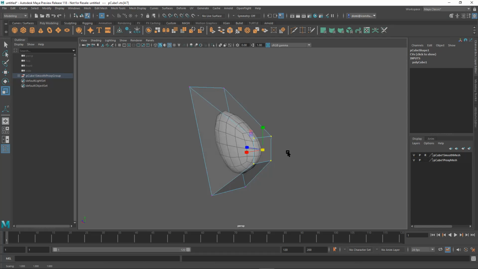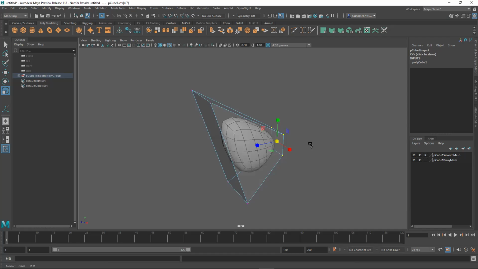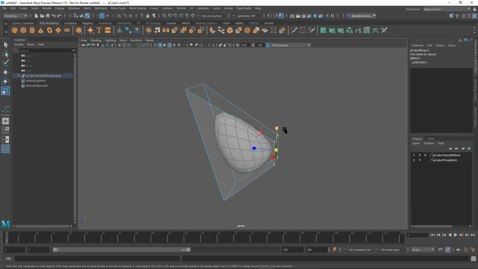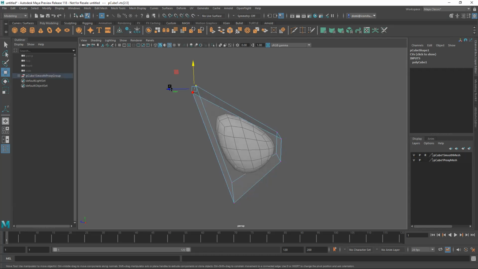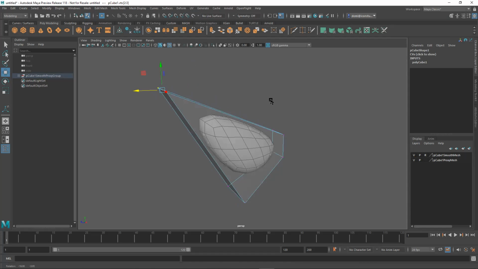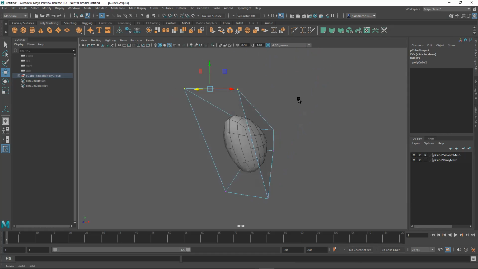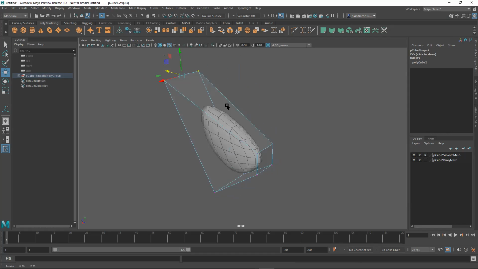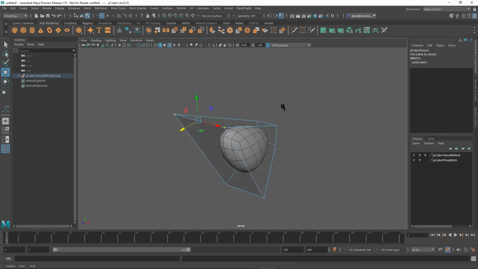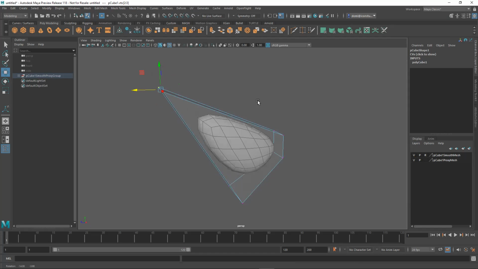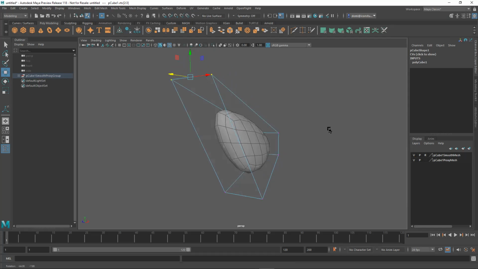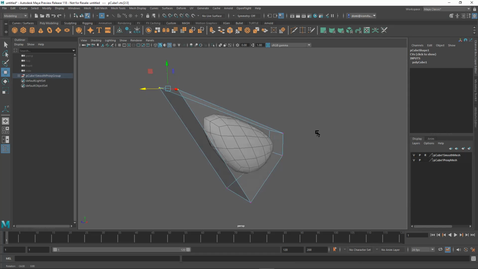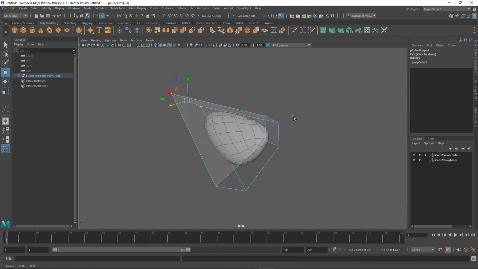Because it's a lot easier to pick on these kind of lower resolution cages and get some form going here. Now, this doesn't work very well for precision modeling, but if you're roughing out some forms or you want to just do something abstract with a lot of these smooth kind of forms, this is really good. If you're trying to model a face with this, it might get a little trickier. All right. Now let me